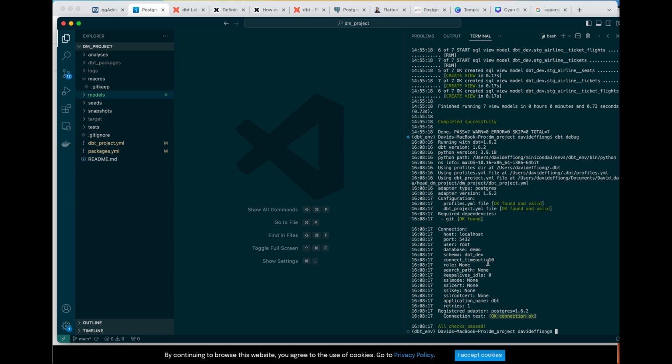And then from my profiles.yml file, you realize that my host is localhost, my port is 5432, my user is root, database is demo, and then the schema that I want to create my dbt transformation in is called dbt_dev, right? And yeah, application name dbt, number of retries is 1. Adapter: Postgres dbt adapter